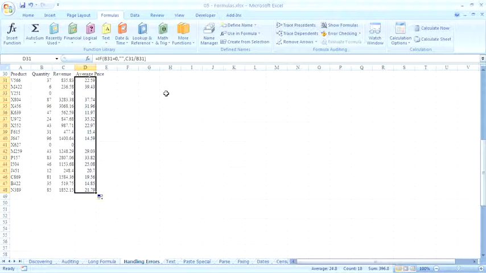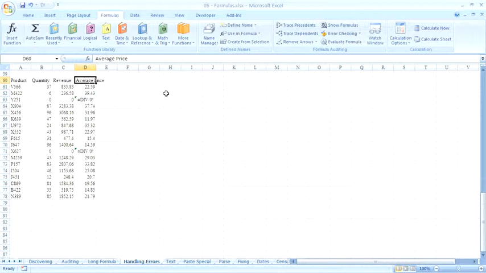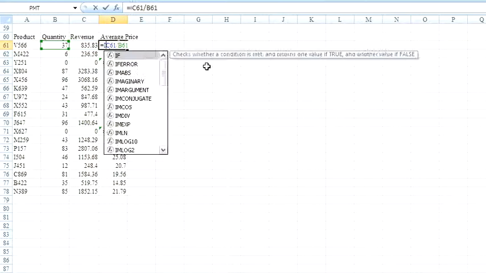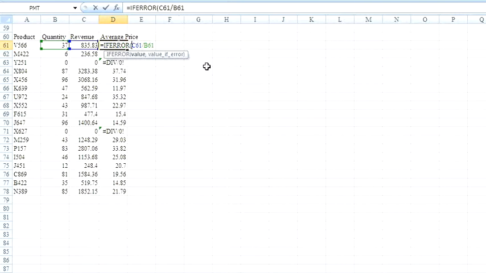We'll hit Page Down to go to another view of this spreadsheet. Okay, the IFERROR function is a brand new function. Let's press F2 to edit, and I'll show you how the IFERROR function works. After the equal sign, type the word IF, and then ERROR, and an open parenthesis. Now in IFERROR, the very first thing you do is put your calculation, the calculation that's going to work 99.9% of the time. Type the End key to move to the end of the formula, type a comma,